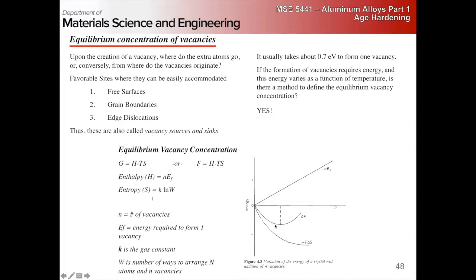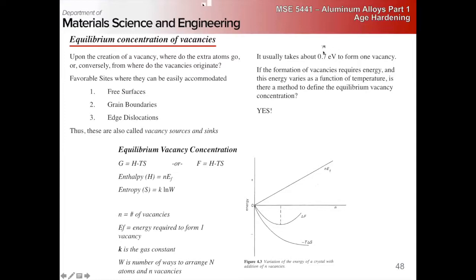A free energy minima that gets larger and larger as we increase the temperature, right? As we increase this T, our temperature, this term gets more negative, so our minima gets deeper and it shifts to the right, right? More and more equilibrium vacancies. So schematically we can see how that works, which is why point defects have an equilibrium concentration, because the